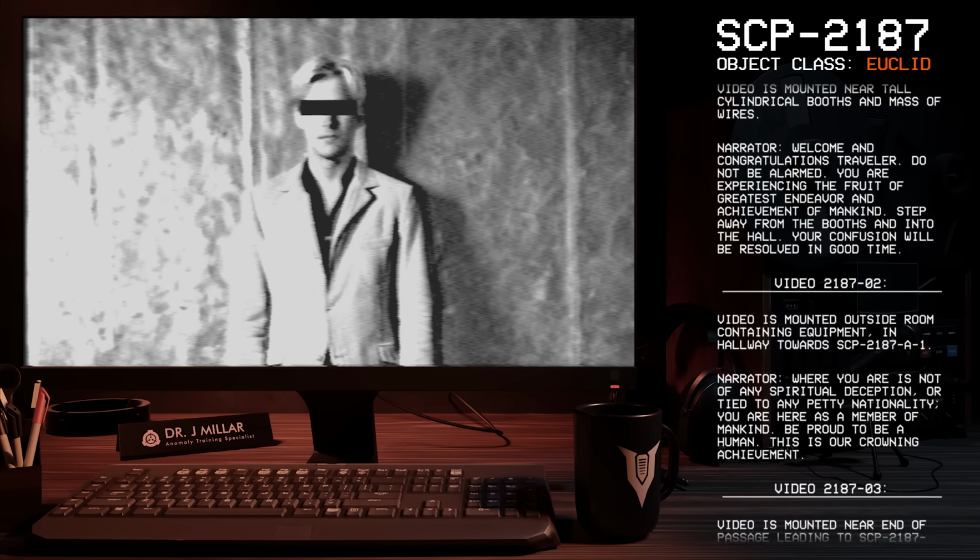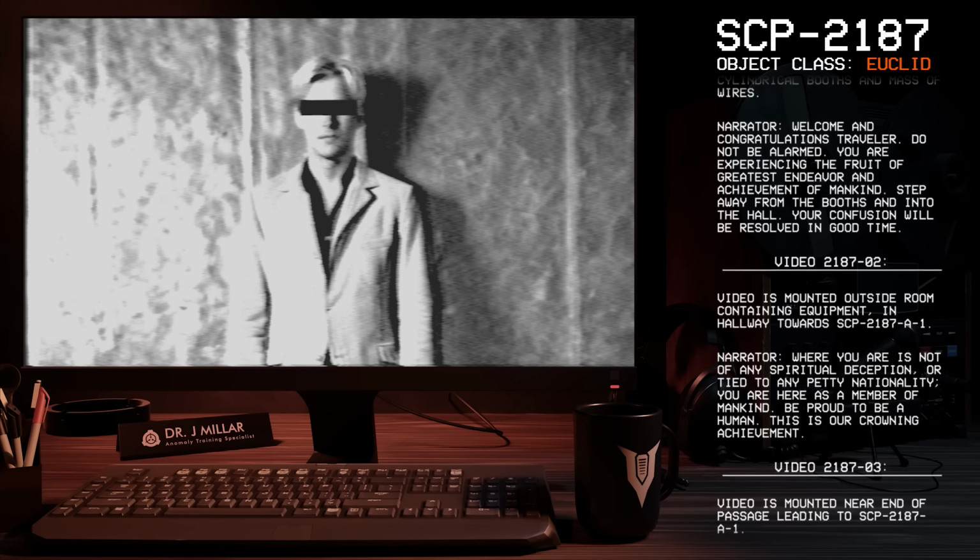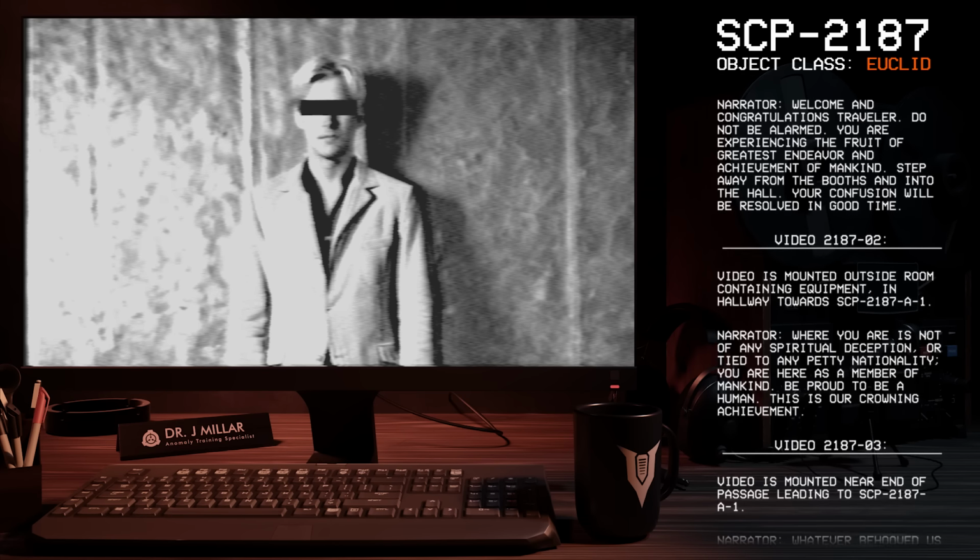Video 2187-02. Video is mounted outside room containing equipment in hallway towards